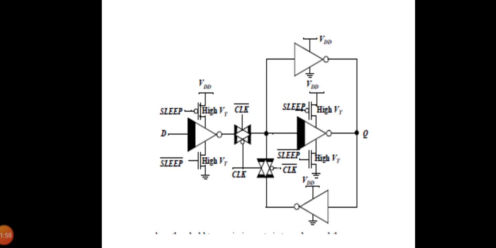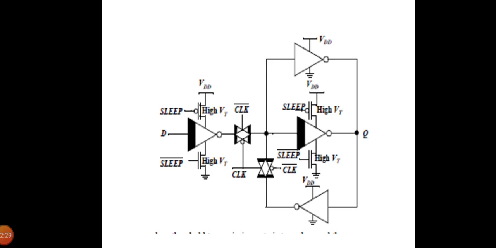When the clock is low, the D input is sampled and propagates to the output, and the latch is in the hold mode when the clock is high. The feedback transmission gate conducts and the cross-coupled feedback is enabled. An extra inverter in parallel with the low threshold one is added to store the state when the latch is in idle mode. Then the high threshold devices in series with the low threshold inverter are turned off, eliminating leakage.